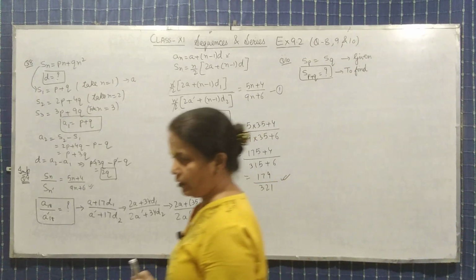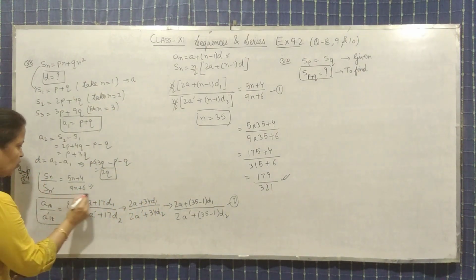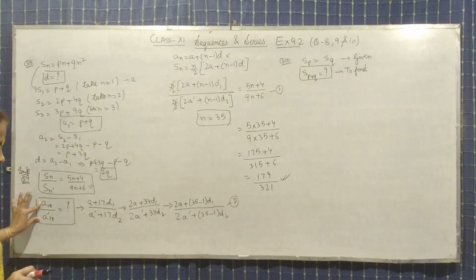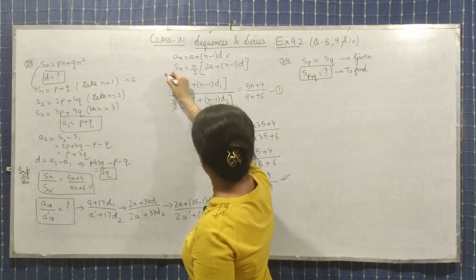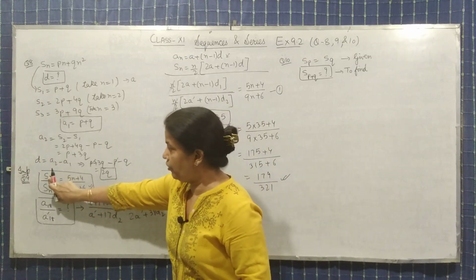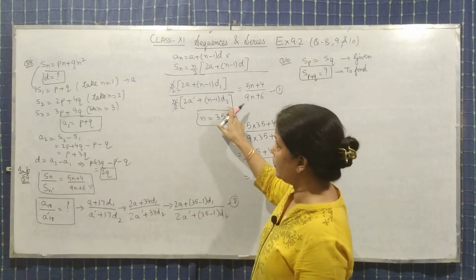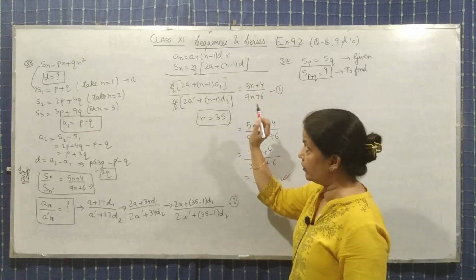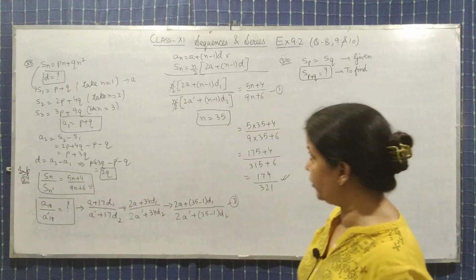Once again, let's look at the question. This part is given, and this question is very important also. This part is given and you have to find out the ratio of their 18th terms. According to that, instead of Sn we can write this formula, and instead of Sn' we can write this. The first term is different and the common difference is also different, and n will be the same because it is written in the question: n terms of two different APs.